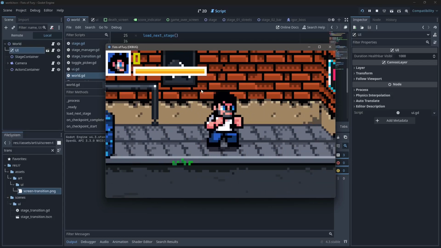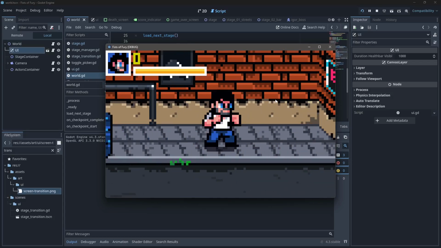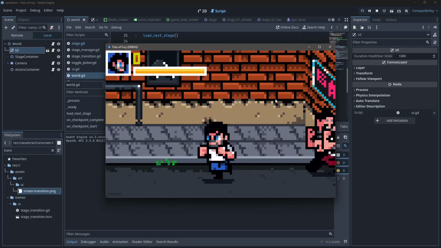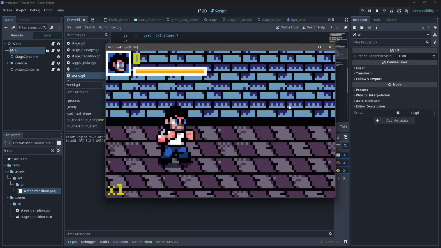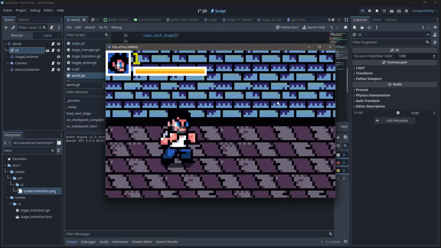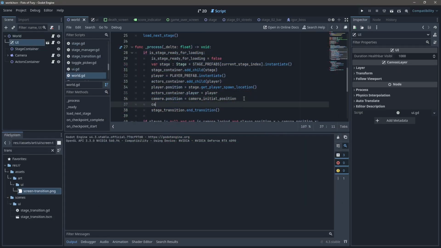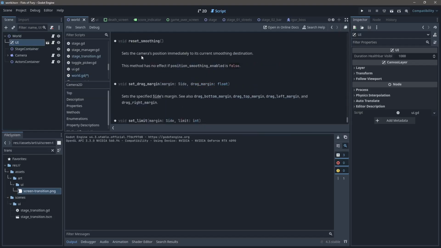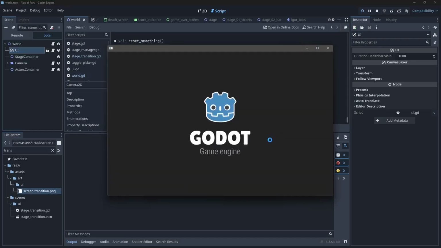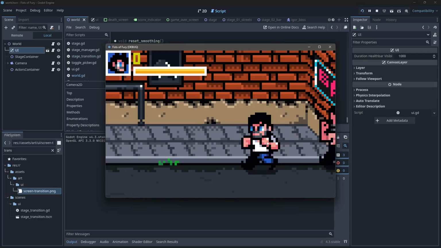All right, and you could see the transition started right from the beginning. And let's see if we can have Igor here. And great, so the transition worked perfectly. The only problem here is that the camera is still smoothly going to the player, so we can fix this. And to fix this, we can just call a method called reset smoothing. If you look at the definition here, it just sets the camera position immediately to its current smoothing destination. And with that set, we can now